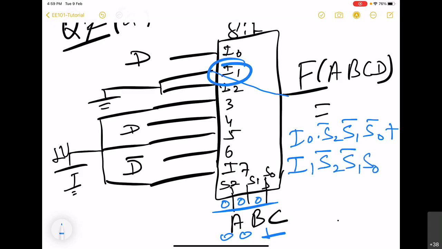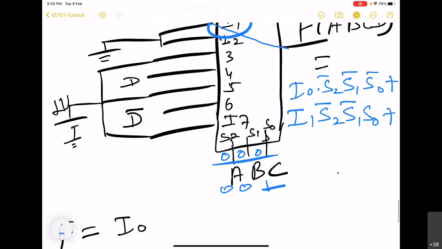That means the min term corresponding to the selectors. That way we can extend this. Finally, it will be the sum of 8 terms, the last being I7 into S2, S1, S0. So this is the general way of representing the output of a multiplexer.